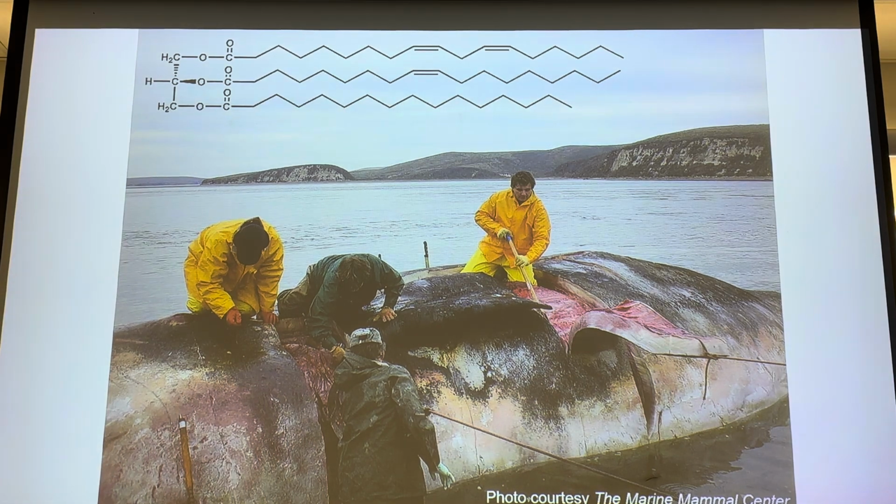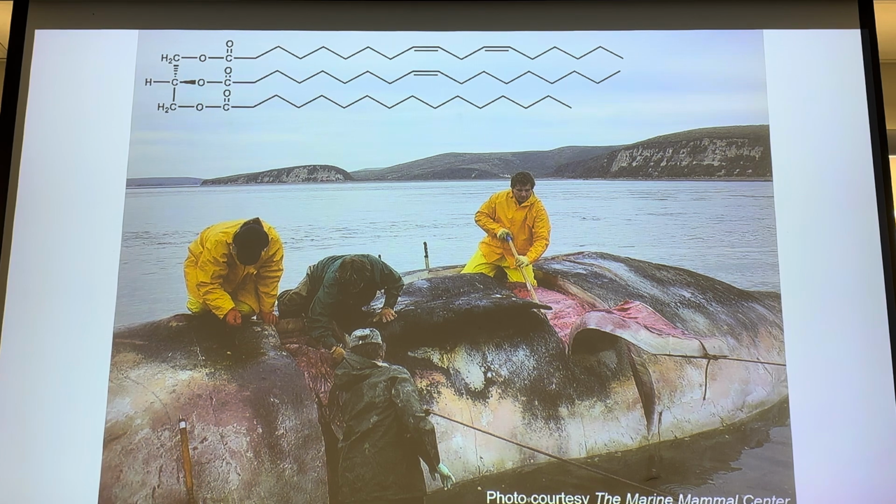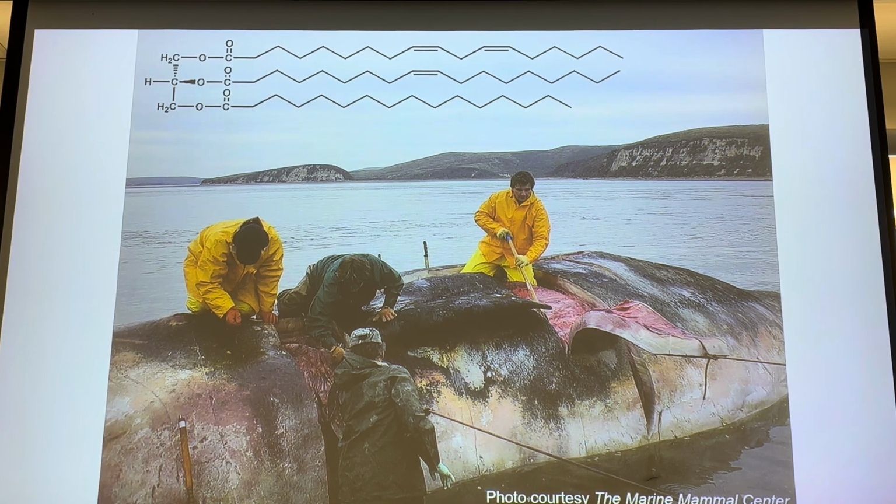In the case of a whale, there's a couple different roles. One is energy storage, and the other one is thermal regulation. The ocean is a cold place. These are mammals, they're warm-blooded animals, and so it provides an insulation layer. There's another whale, commonly seen off the California coast,